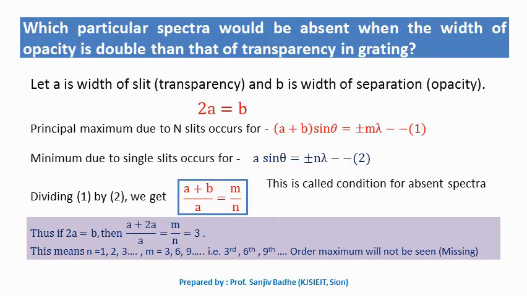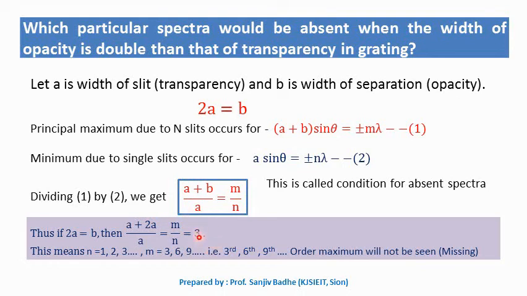Let us divide equation 1 by 2. Sin theta cancels, lambda cancels, and we get the condition for absent spectra: (A+B)/A equal to m/n. In this condition, if you substitute B equal to 2A,